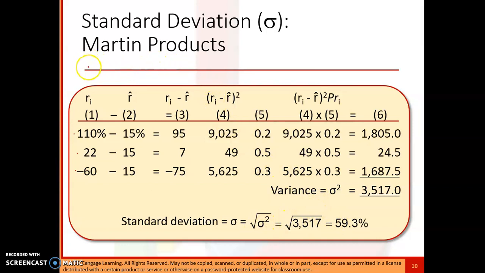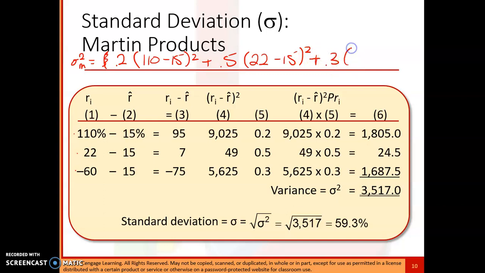So I'm going to try and write this out the way the formula should look. Sigma squared, say sigma squared M for Martin Products. I always put the probabilities first. So 0.2 times the expected return in a boom economy minus the mean of 15%, squared, plus 0.5 for a normal economy, times the 22% return minus the mean, squared, plus